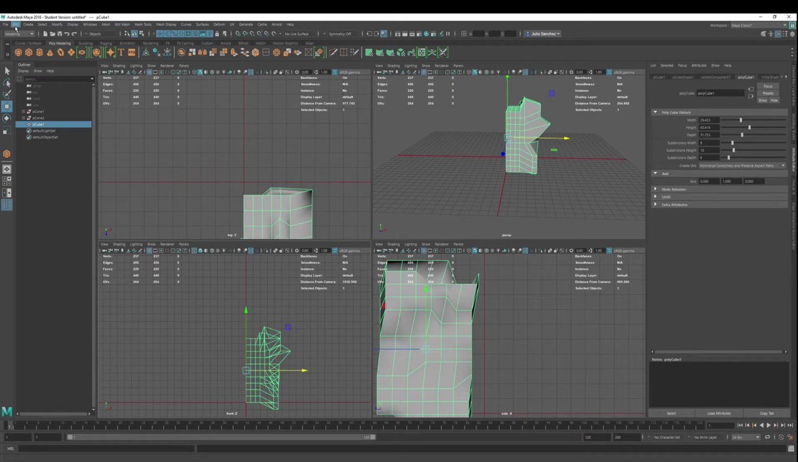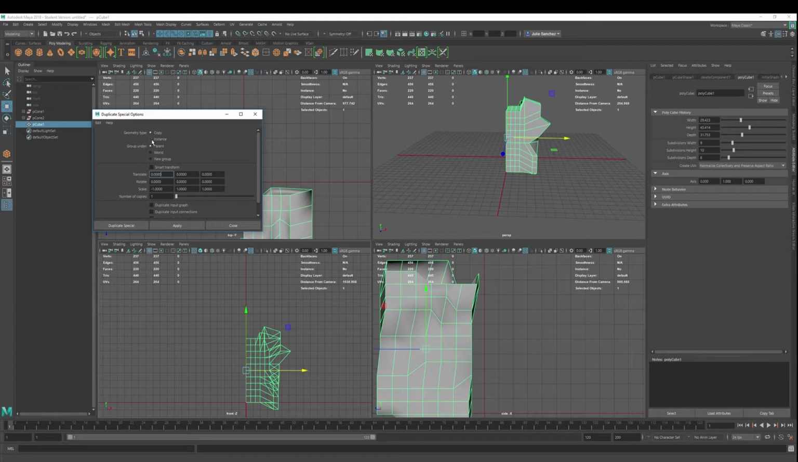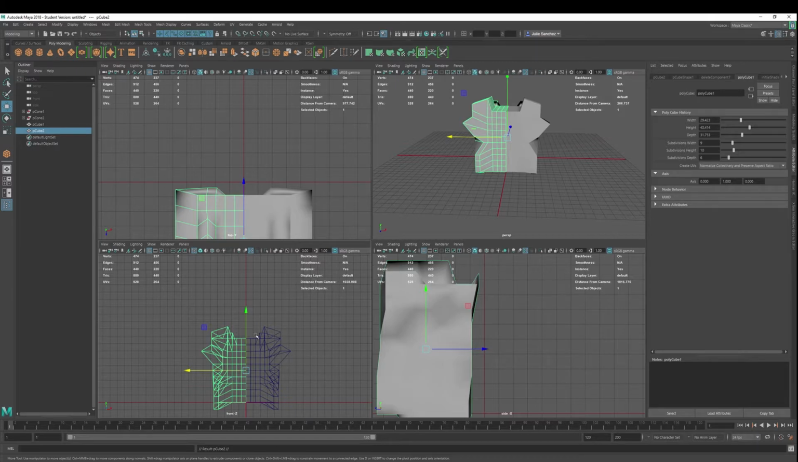Now we're going to try something different called duplicate special. It's under edit, duplicate special. There's a couple of different choices. You can go copy. Let's do instance, group under parent. And then we're going to change this. Well, the scale is already -1. So that ought to give us what we need. Let's do it. Boom. Duplicate special gives us, again,